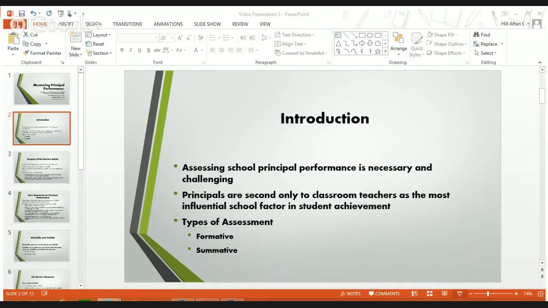Validity is broken down into 2 in this article: content validity and construct validity. Content validity is established by ensuring that the test items under consideration measure all of the dimensions or facets of a given construct like principal performance.